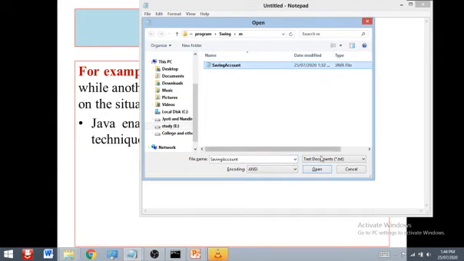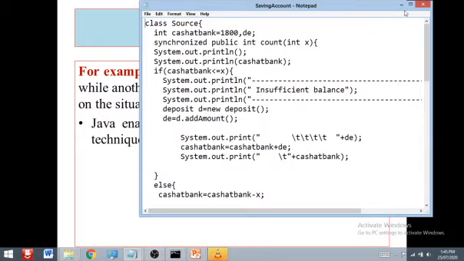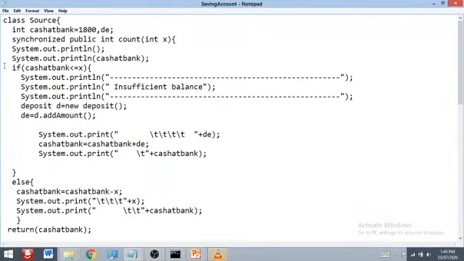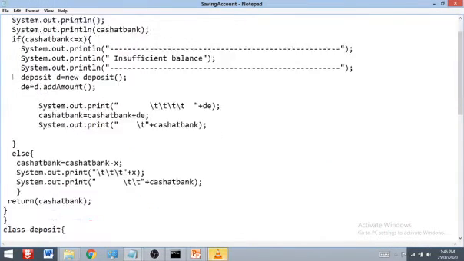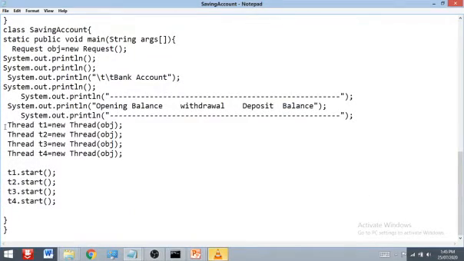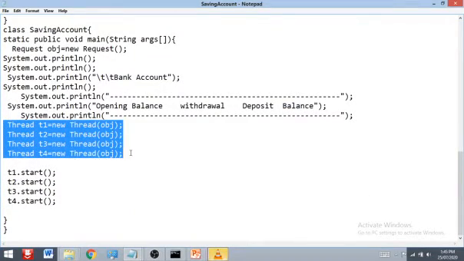Suppose we create 4 threads, T1, T2, T3, T4. Assume there are 4 persons having a joint saving bank account.